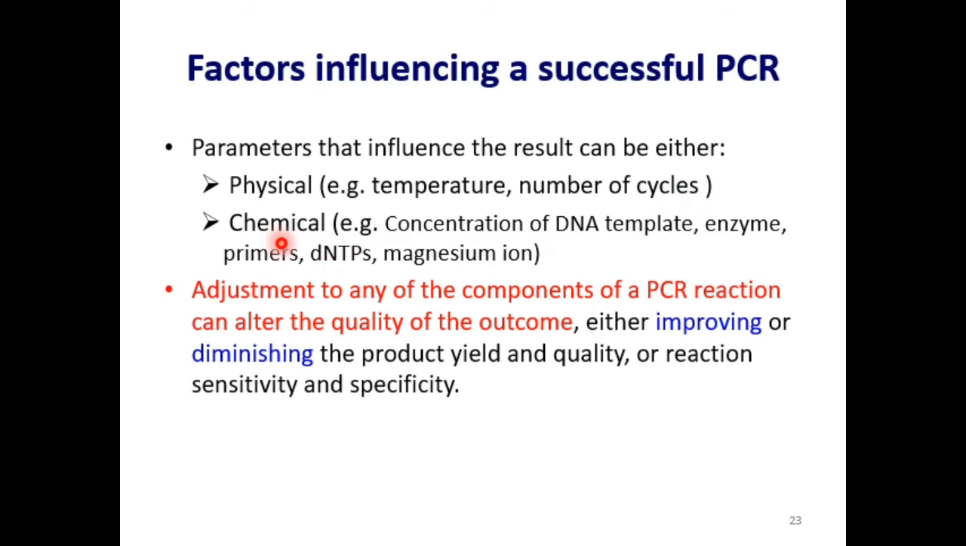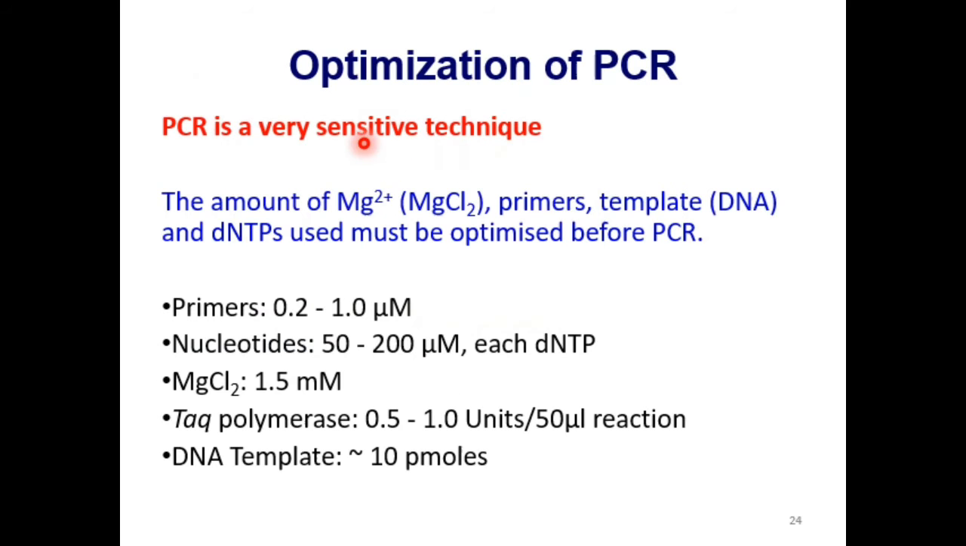And of course, the chemical factors like the concentration of the DNA template and the concentration of other reagents. So adjustment of all these components of PCR is very important and may alter the quality of that PCR. They can improve or they can diminish the quality or the product of the PCR reaction by affecting the sensitivity and specificity. And because PCR is a very sensitive technique, you need to do optimization of the PCR before